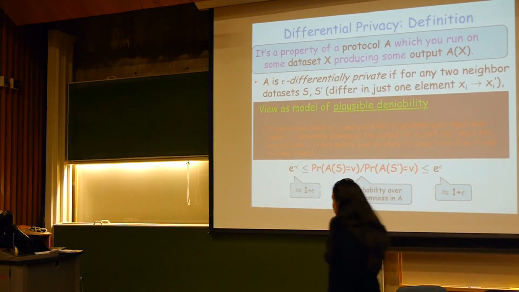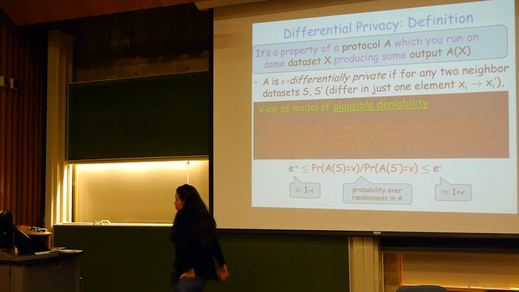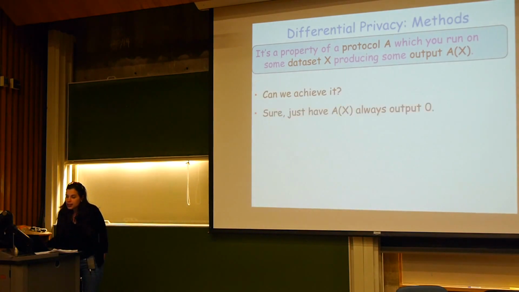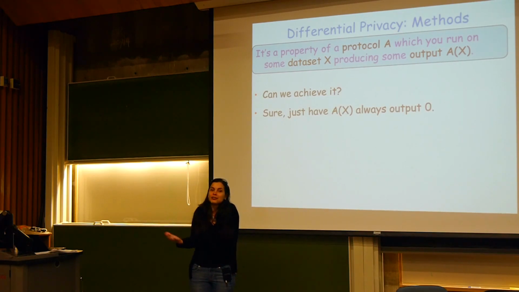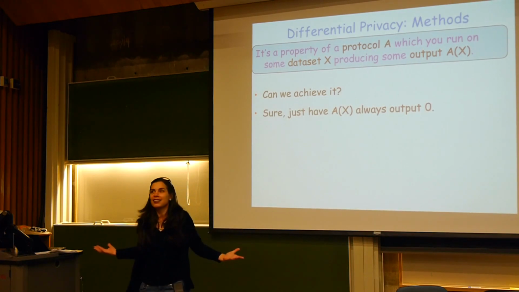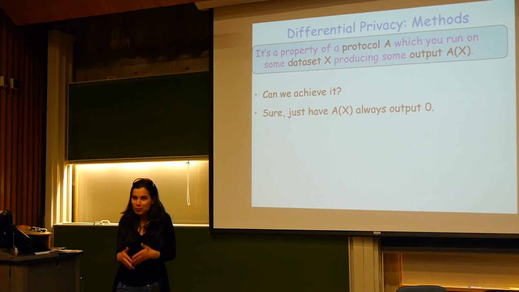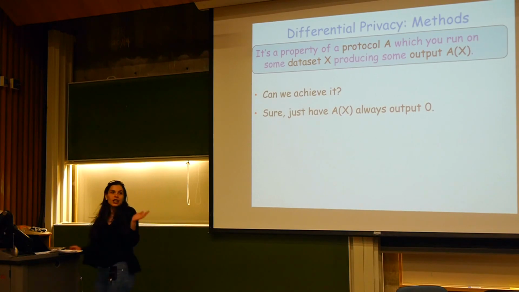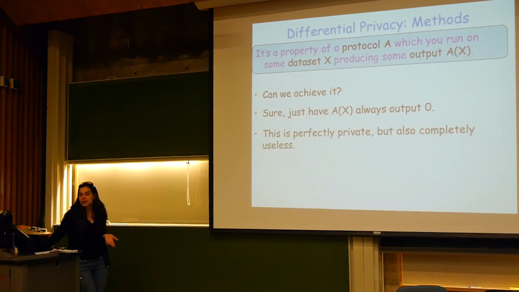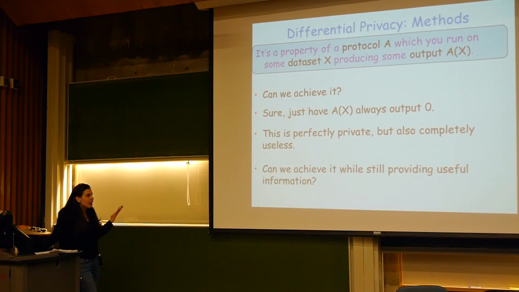Let me just mention that so far I only talked about wanting to be private, and actually my next slide points this out. Can we achieve privacy? The answer is, if all I care about is privacy, there is a trivial way to achieve it: just output 0, output something arbitrary. It's trivial to achieve, but if we do so, we don't achieve any utility. So really the real question is, can we achieve privacy while still having some utility? And this is when things become exciting. And the answer is yes, actually.